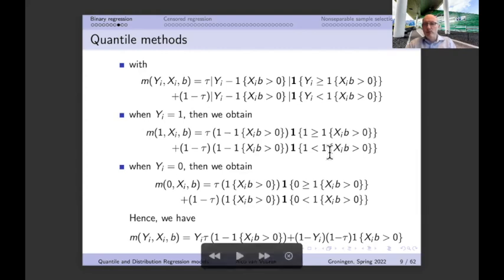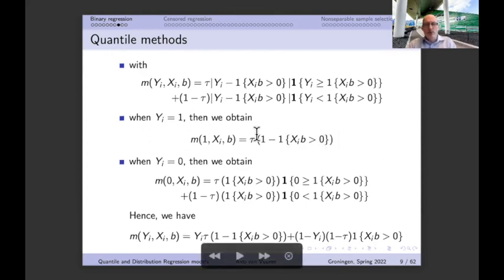Well, that's of course never true. But we should also take into account that 1 is never smaller than 1 itself, because it's exactly equal to 1. So therefore we should realize that what we have over here, this logical expression that we have over here, well, it's actually always untrue. So therefore we should realize that this thing that we have over here is always equal to 0. So that means, of course, that this is equal to 1. This whole thing is equal to 0, so we can completely delete it. And that means, of course, that we can also write this m function now as this thing over here.